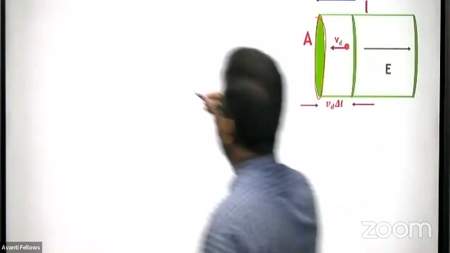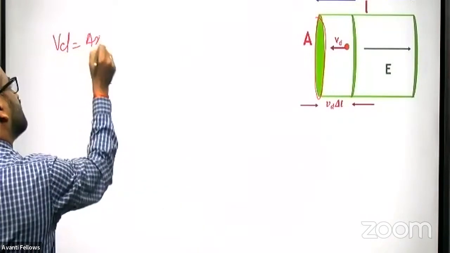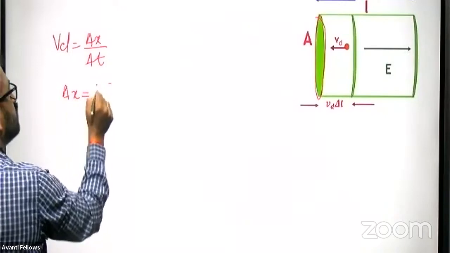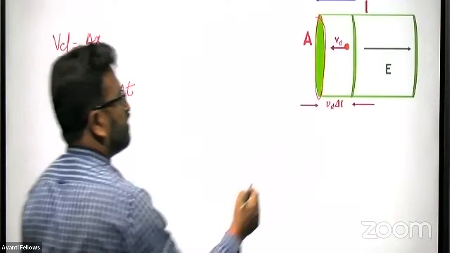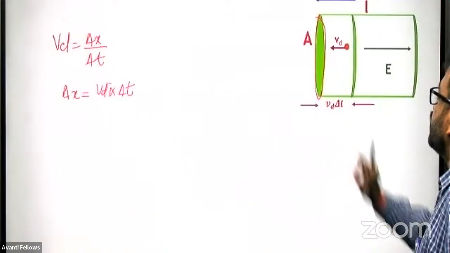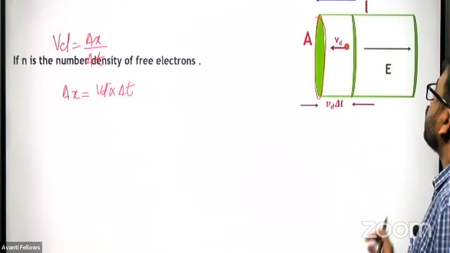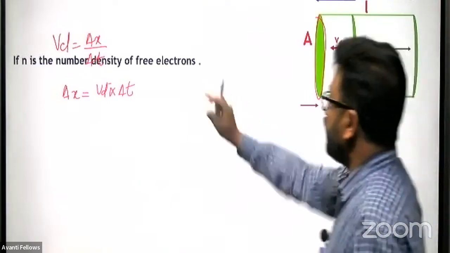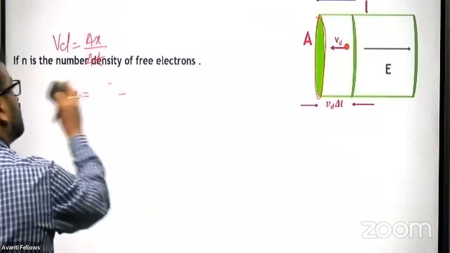Now we take a small section. So we know that velocity equals delta x divided by delta t. So delta x will be equal to Vd multiplied by delta t. So that we have small distance we are considering. That small distance is Vd multiplied by delta t. Then, if n is the number density of free electrons,